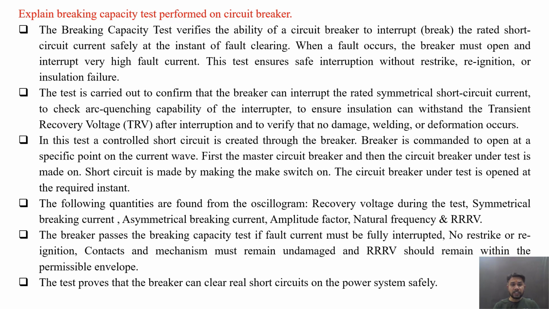The following quantities are found from the oscillogram. Those are recovery voltage during the test, symmetrical breaking current, asymmetrical breaking current, amplitude factor, natural frequency, and rate of rise of restriking voltage. The breaker passes the breaking capacity test if fault current is fully interrupted, no restrike